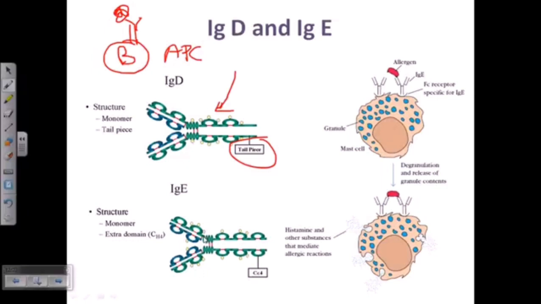Now IgE is another. IgE is also the least common serum immunoglobulin, and it is much more related to a kind of hypersensitivity type 1